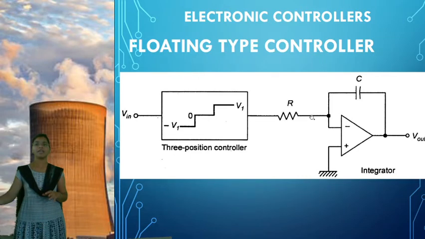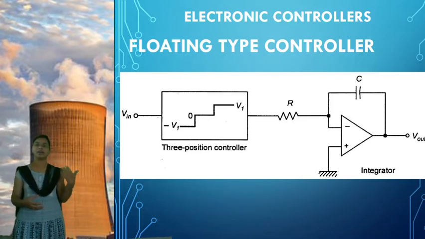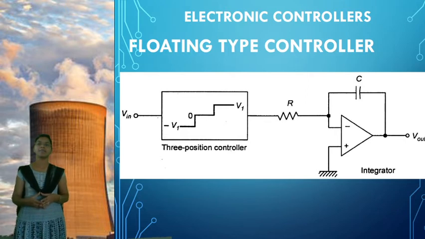In the same way, the floating type. You recall the equation of a floating type controller, where the rate of change of output is produced as a constant, or else a constant input produces some rate of change of output. Just vice versa. When you have a constant voltage, according to the constant voltage, that produces some linear action. So that is a floating type controller.